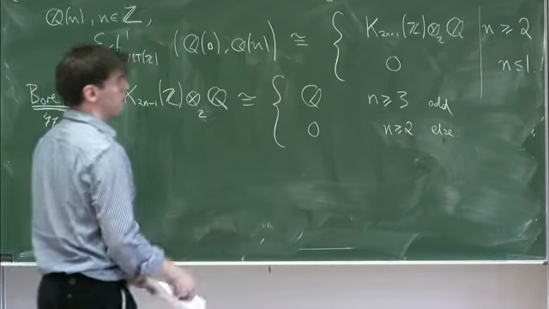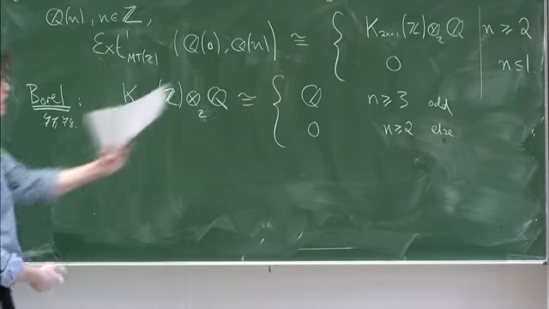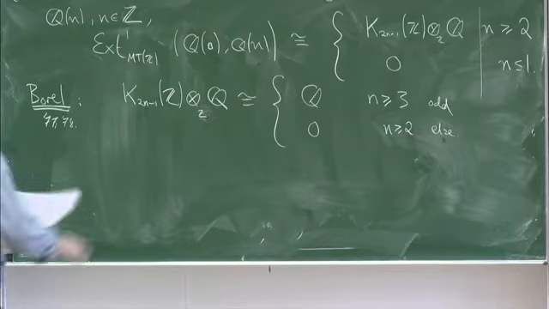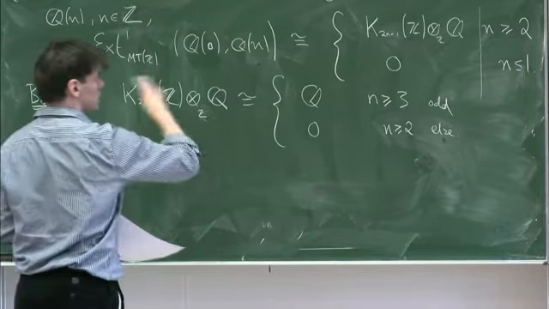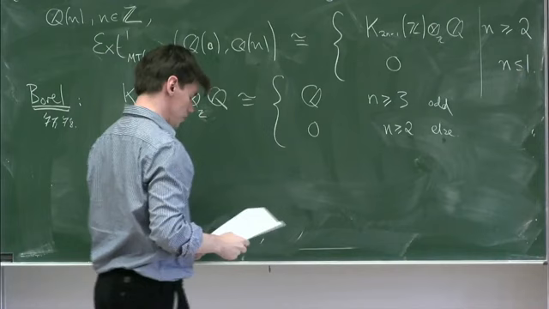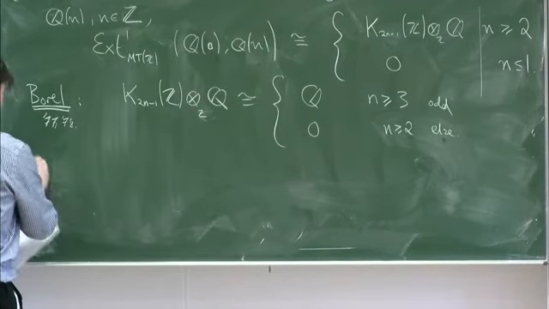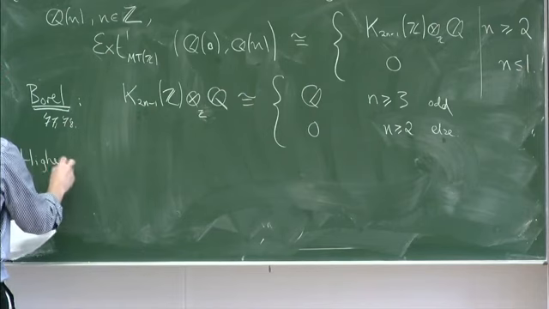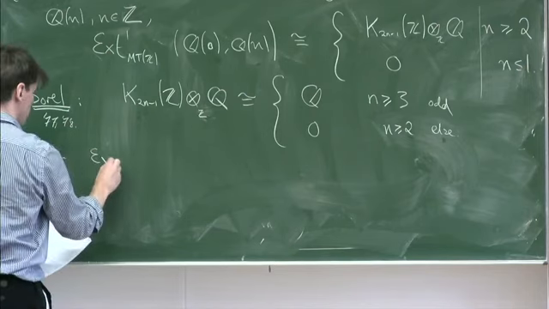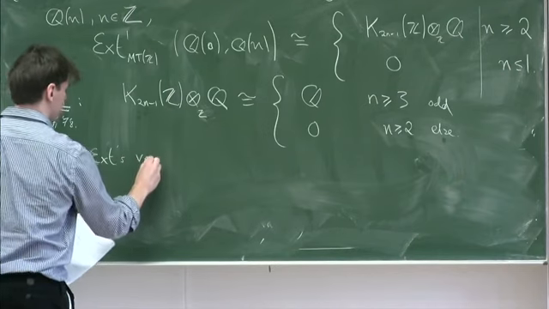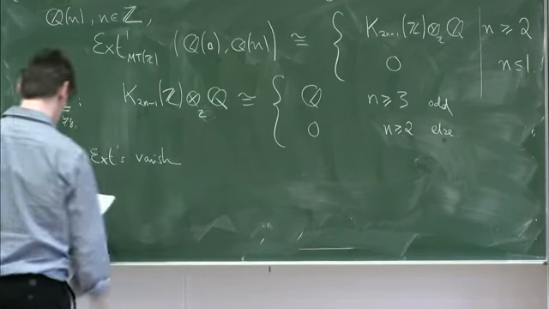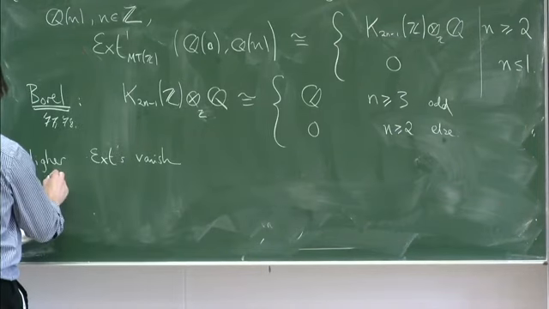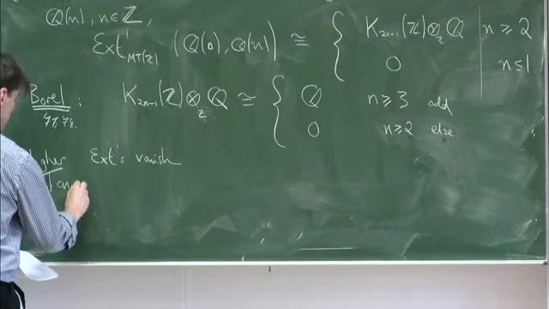I'm being a bit quick here because I don't want to spend too long. There's K1 in here normally, and the whole point of mixed Tate motives over Z is to artificially kill the contribution from K1. Okay, so the higher Ext groups vanish. And so a better way of thinking about this is that it's actually a Tannakian category.